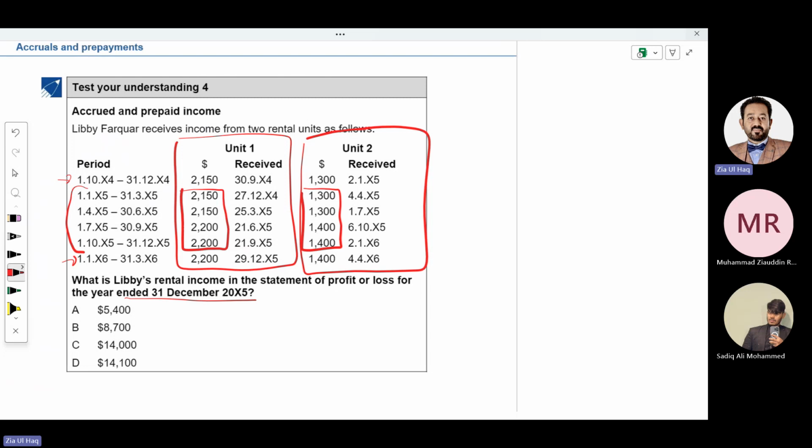By adding these four figures, 2150 plus 2150 is equal to 4300. 4300 plus 4400, that will be 8700. And adding these, 1300 plus 1300, 2600. And 2600 plus 2800, 26 plus 28, that will be 5400. And if we add both of these,